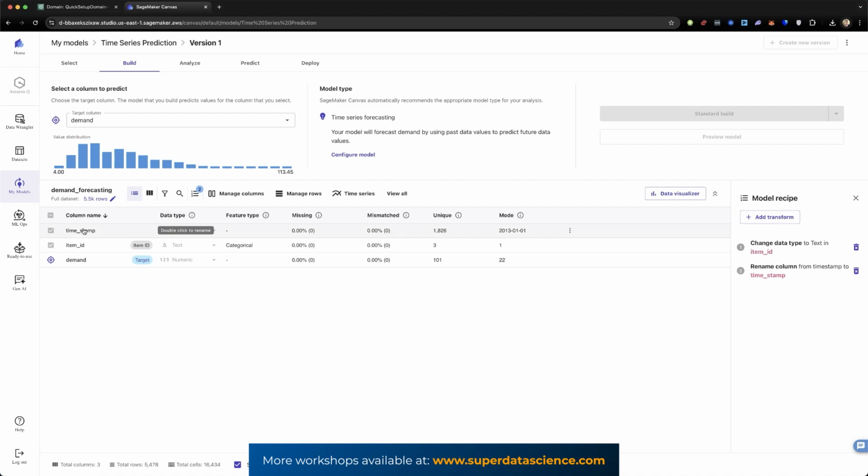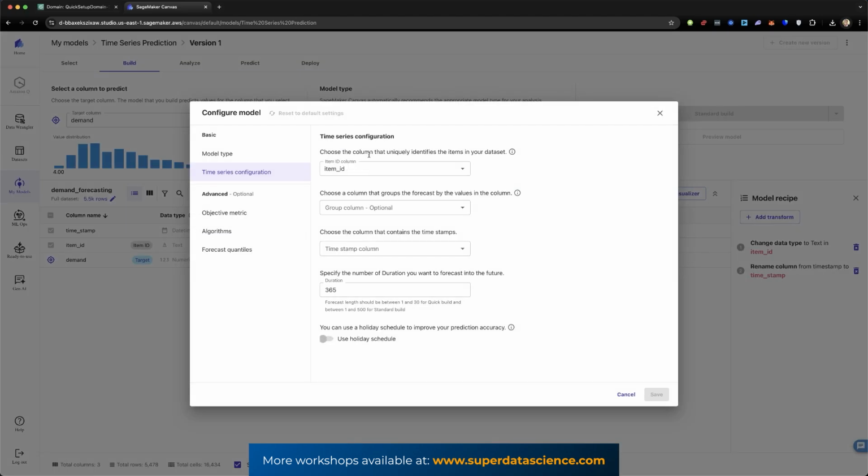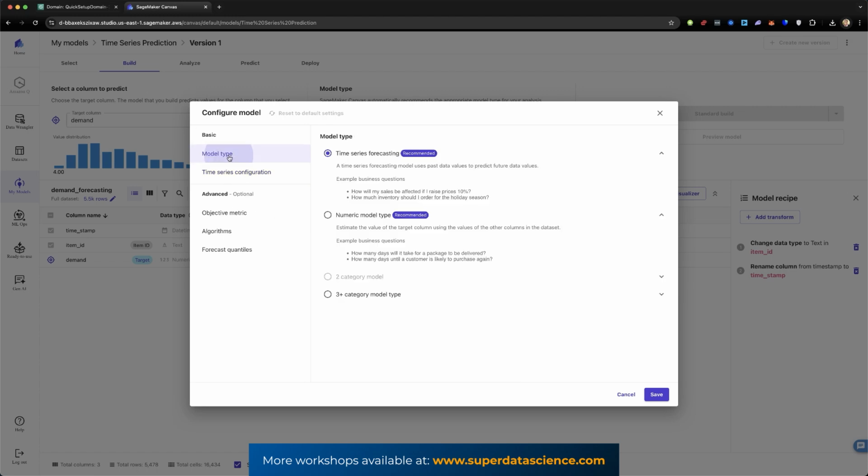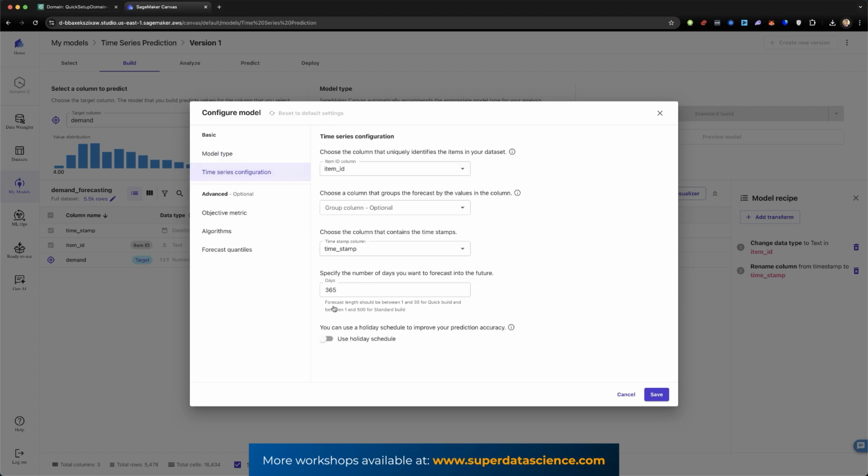Okay, so we had to change the variable name before, so we have to configure the model again. There we go. Let's do it quickly. Item ID, that's well selected. Timestamp column, yes, of course, because we changed the name of the timestamp variable, we have to select it again, timestamp, okay? All right, now it must be good. Let's just check that we still have the right model type. Yes, time series configuration, all good here, 365 days over which we want to predict the demand,